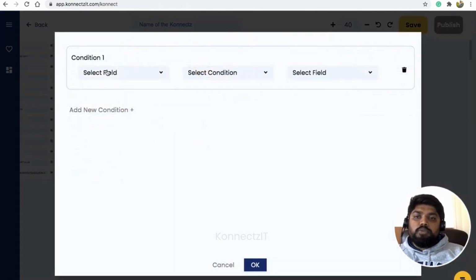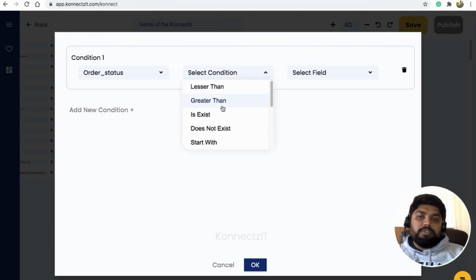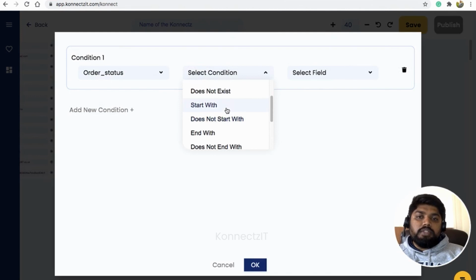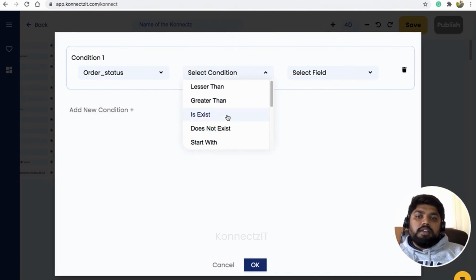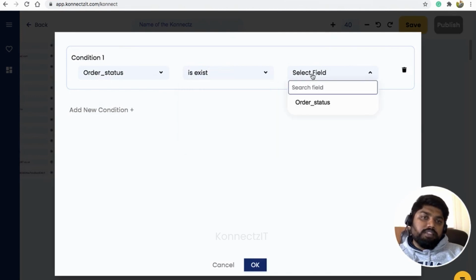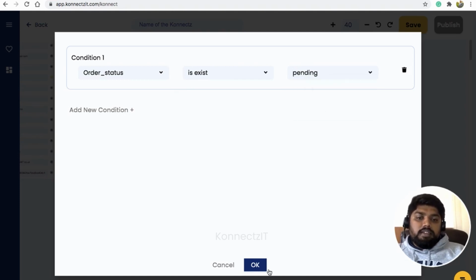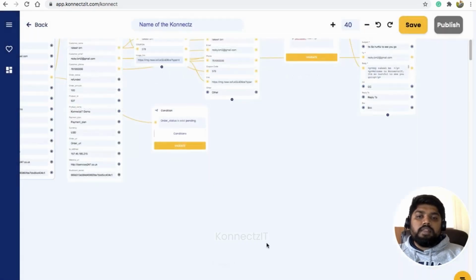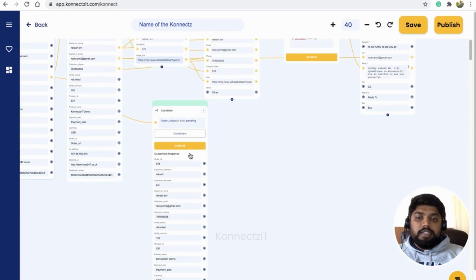As I know, whenever there is a pending payment, the order status will be pending. So I'll select that it exists, that is, maybe pending, click on OK, and click on validate. This will basically validate my records.